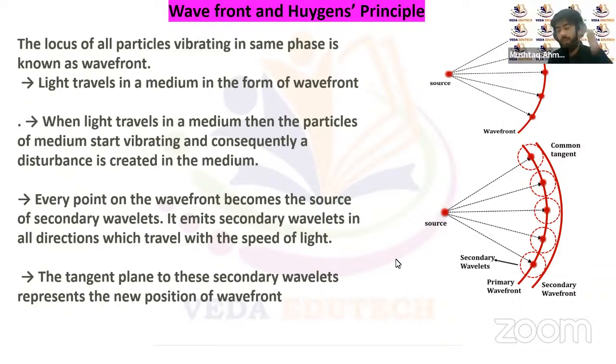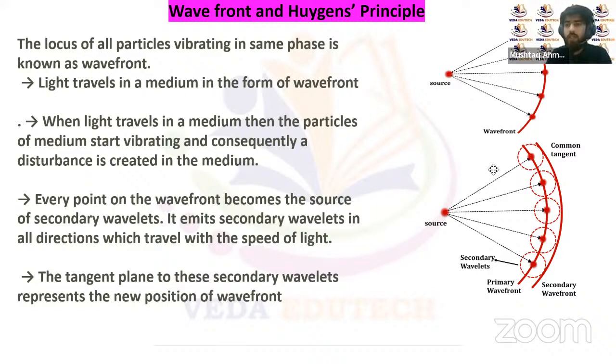Today in this session, we'll be starting with wave optics. There are majorly three main topics in wave optics. One is the Huygens principle. With the help of Huygens principle, we can prove the laws of reflection and laws of refraction as well. Then we have interference, and related to interference we have the important experiment, Young's double slit experiment, that's YDSE. And then the last topic is diffraction. So these are the three major topics with respect to wave optics.